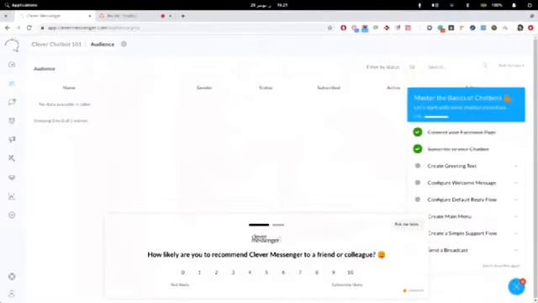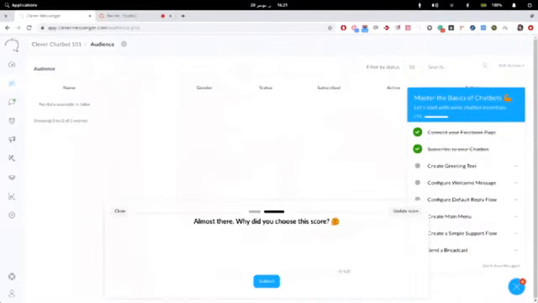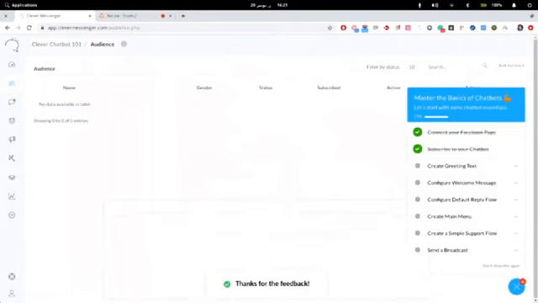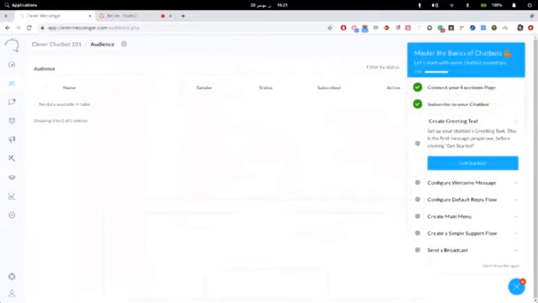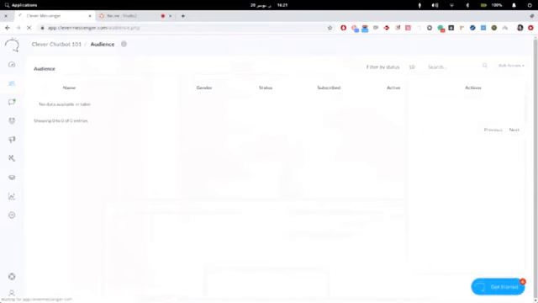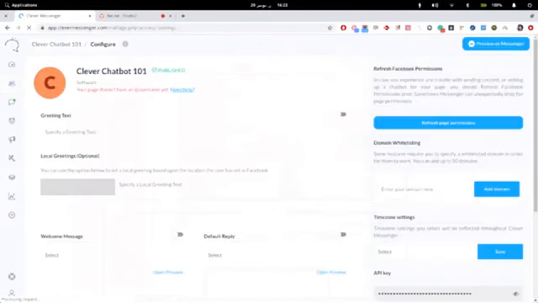So here you have some things that will pop up as well, which is the NPS. We're just going to give it a 10 for now. So after subscribing to your bot, the very basic stuff is to create a greeting text, a welcome message, and the default reply. So a greeting text, you can think of a greeting text as